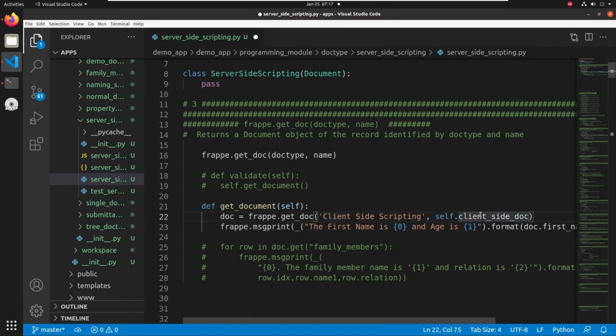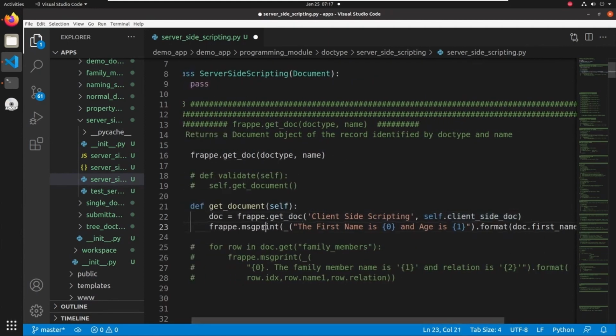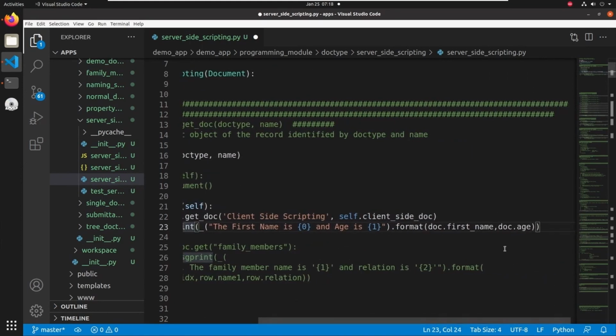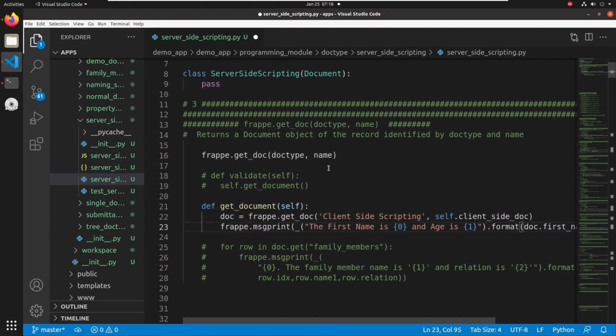So this will return the document of the client-side scripting doc type, and I'm returning that value into a doc object. Then here I am using a message print function to print first name and age from the client-side scripting doc type, and I'm fetching values using doc.firstname and doc.age. So these are the fields present in the client-side scripting doc type. Let's trigger this method inside a validate event. Then comment this frappe.getDoc, remove this pass from here, then save this,